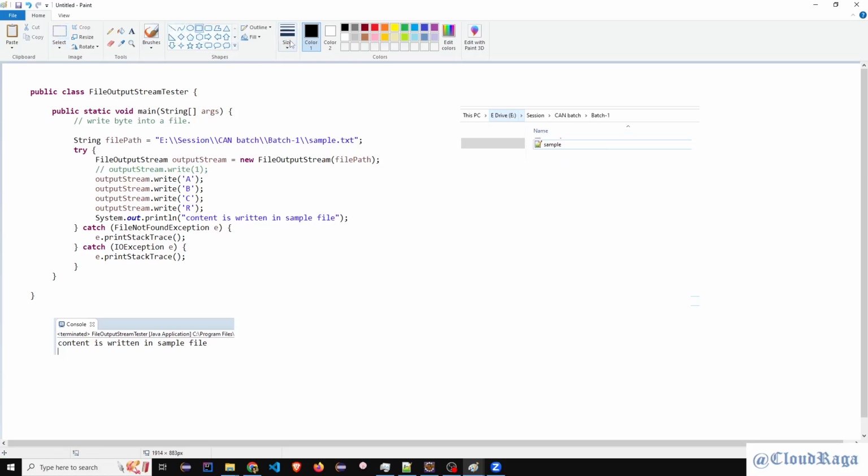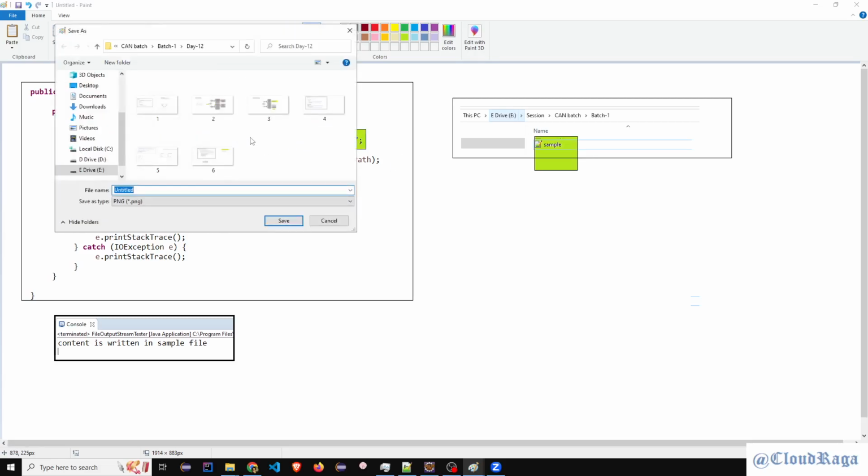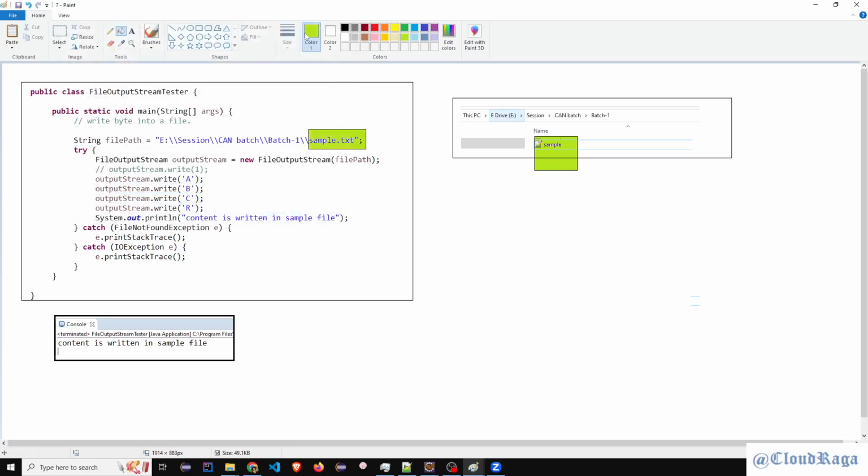Okay, that's our location. That was given in our file, and the FileOutputStream class creates this file on the fly. On the fly means at runtime. You will hear this term multiple times. Lots of frameworks work on the on-the-fly feature. As soon as you do something, it will show you the difference at runtime. So at runtime, your file will be created, and whatever content you're trying to write will be written there as well. Any question on this? Doubt? Anything? No? Okay, so that's how we read and write into a file.